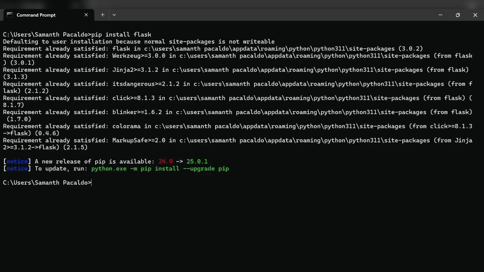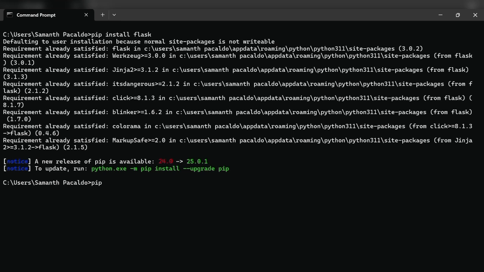To install Flask, just type pip install Flask. And here, as you can see, I already installed Flask, and after that we can also check if it's already successfully installed.